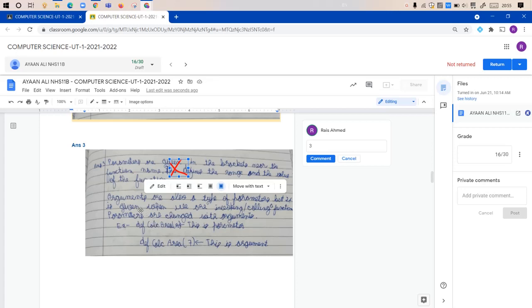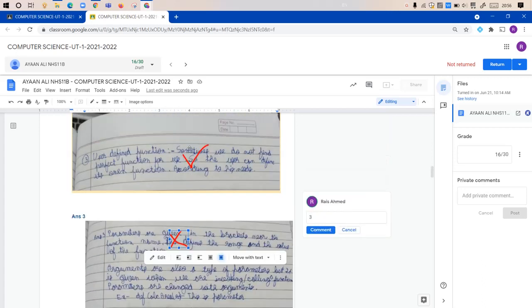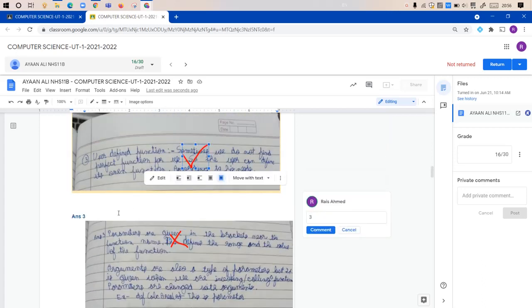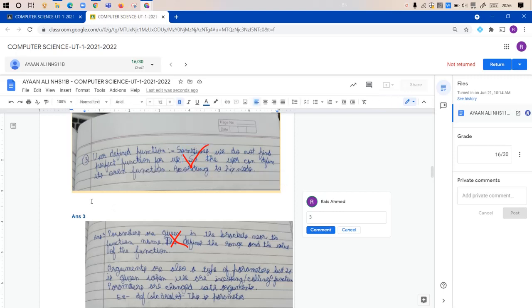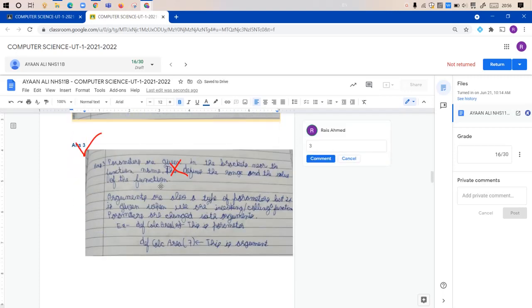Now you don't need to draw the tick mark again or the cross again and again in the document. Suppose I want to place a tick mark, I'll select my tick mark that I have already inserted. I'll use Ctrl C and Ctrl V option to copy, click anywhere in the document so that your cursor is visible, and Ctrl V for paste.